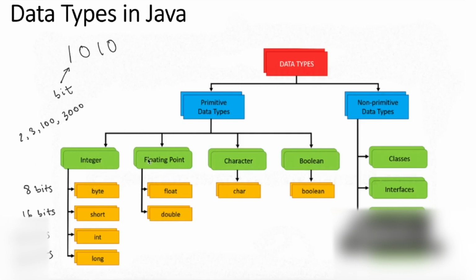What are floating points? Just like these are integers, and integers are numbers, floating points are also numbers. But floating points can actually store decimals. So you can have something like 2.3, you can have 0.456,